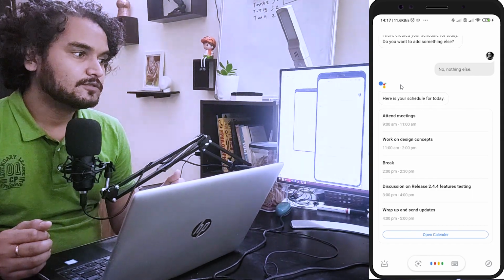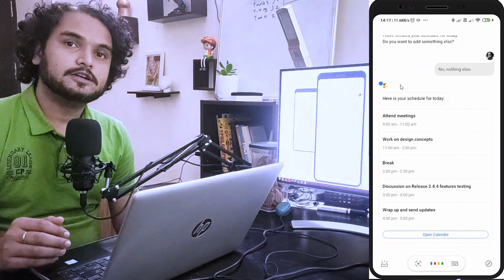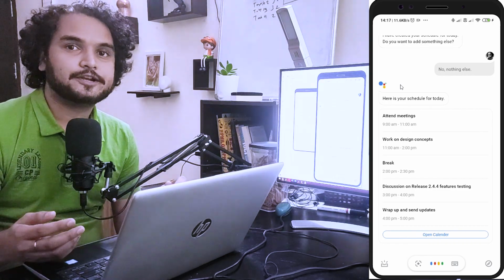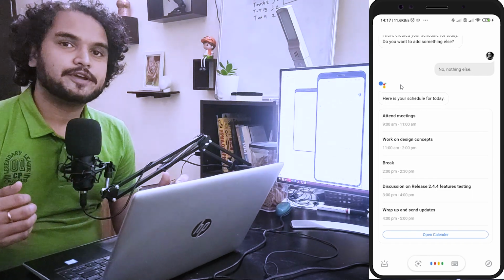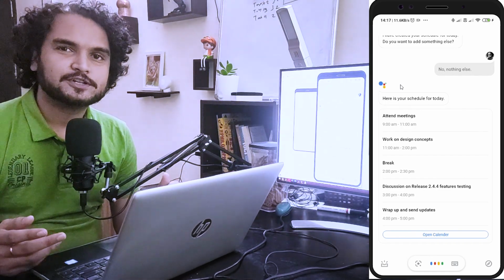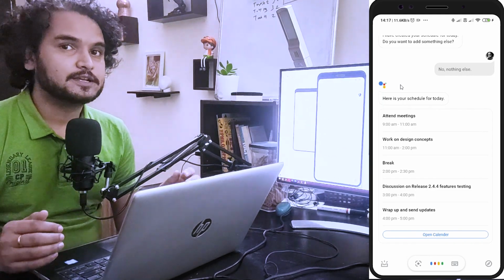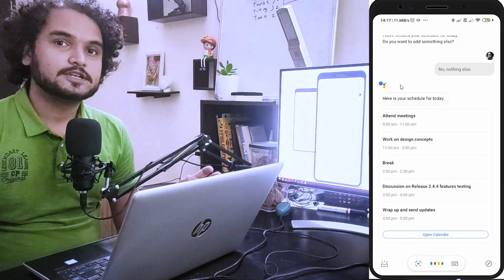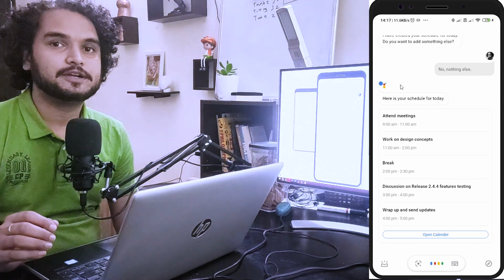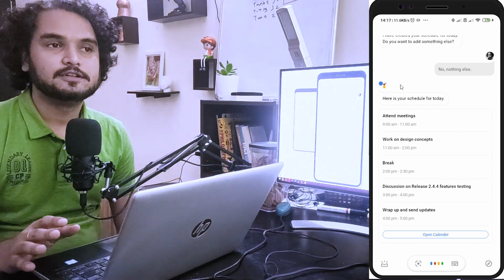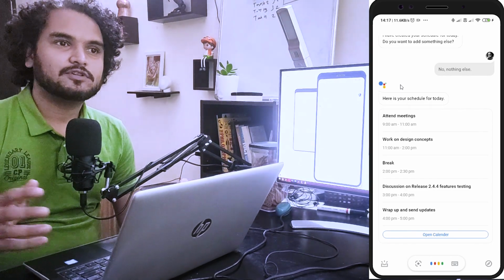So this is the concept of how I imagine the assistant should be. It should allow you to create your schedule. The whole communication would be two-way, and in this way you would be more productive, and you can completely schedule your day including your breaks. The assistant would suggest you take breaks. It will take care of your meetings, and it will suggest you end when it is necessary. So this kind of collaboration between